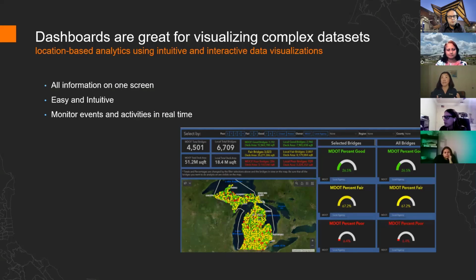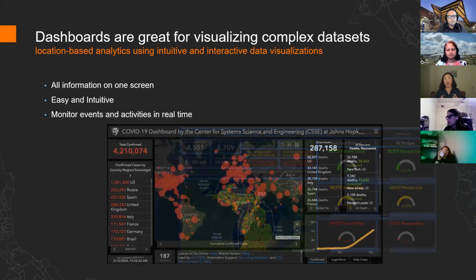For example, field edits. A field crew is in the field performing edits. You might want to use the dashboard to see the updates in real time. So for this kind of dashboard, the viewers will check from time to time, and every time they check the dashboard, they expect to see updated information, like COVID cases, for example. Talking about COVID cases,